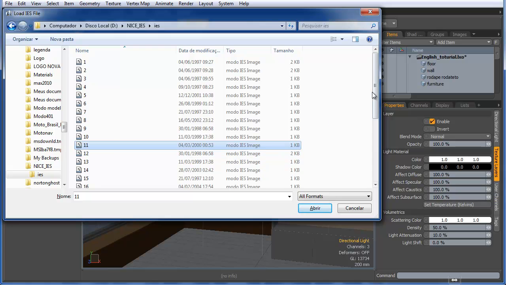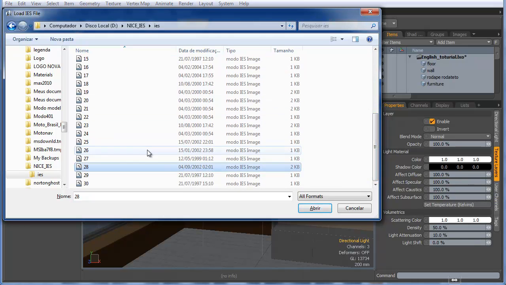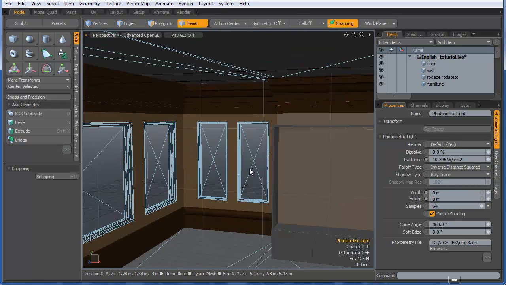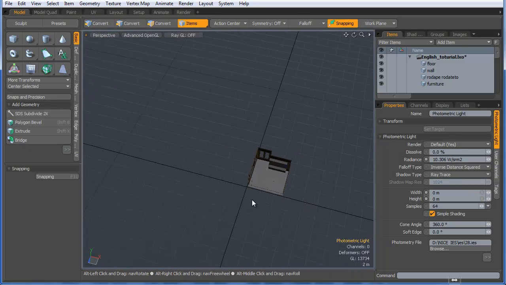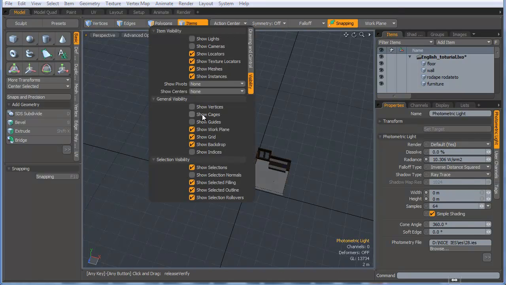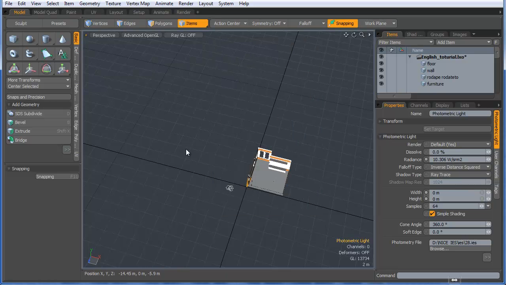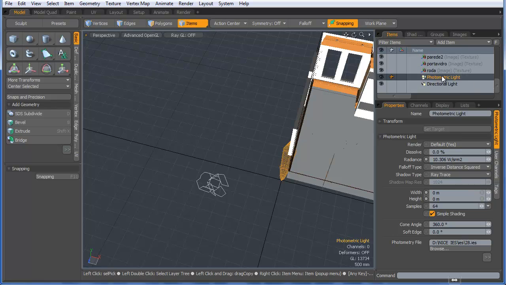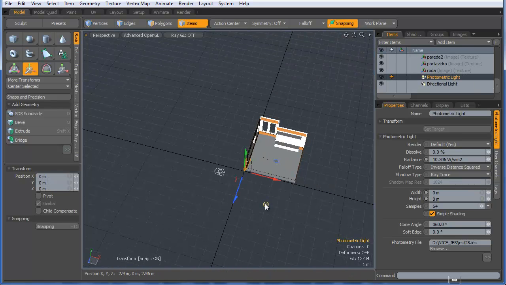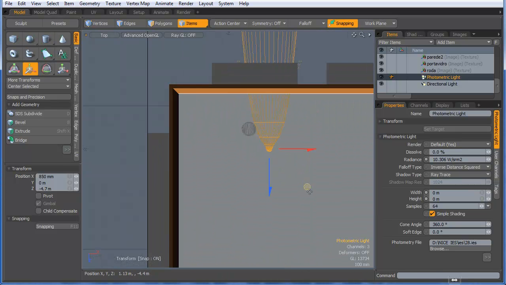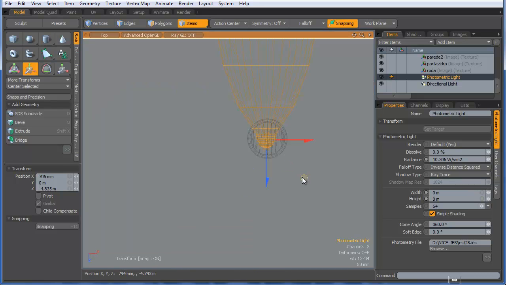So I'm going to use 28. Those ones I've downloaded from Google. They are free. I don't remember the site. I have to show lights on this window. I just press O on my keyboard, and on visibility I'm just going to show lights. With this light selected, I'm just going to place it where it should be with my top view here, and place it on the center of this light,